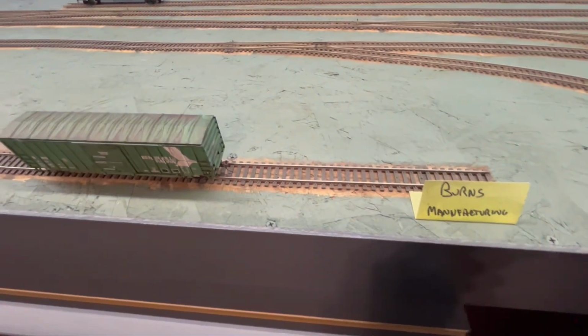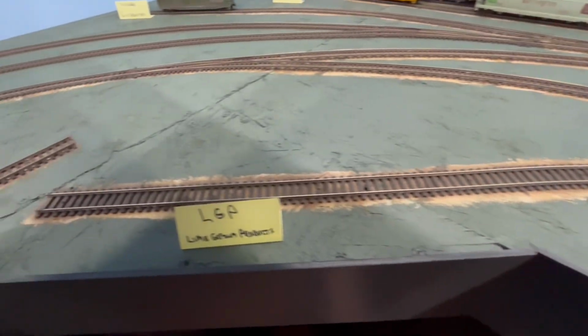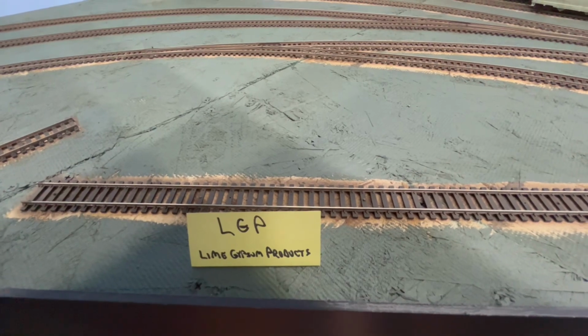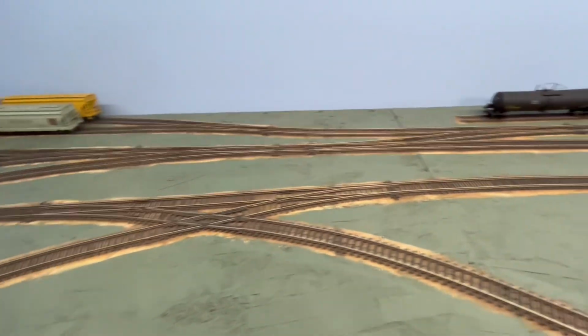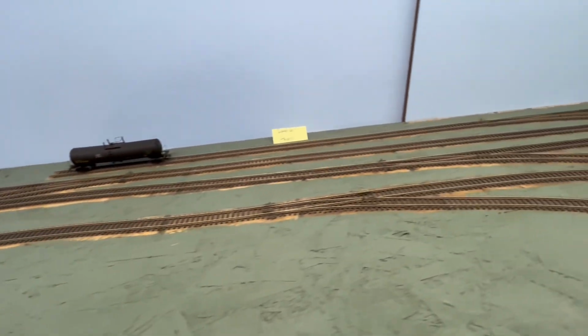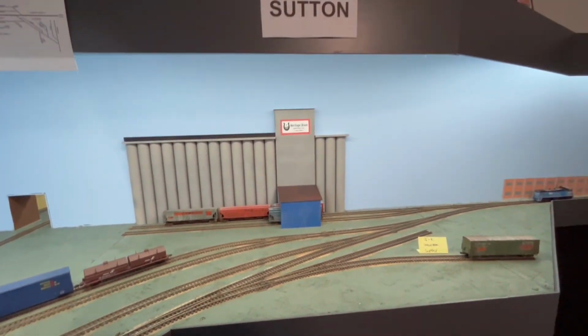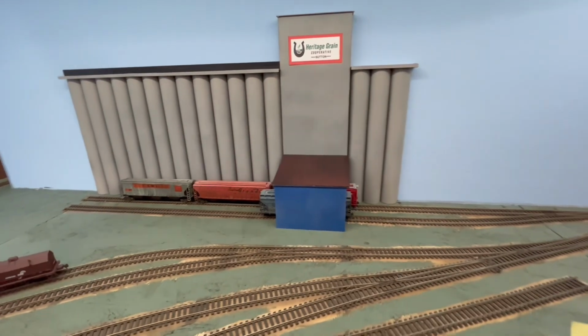We have Burns Manufacturing here, where the green box car is. And then as we proceed just to the left here, we'll have LGP, or Lime Gypsum Products, on a single car spur here. So going forward to the east again, we'll come around the curve. This is the south wall, and we come to the town of Sutton, where we have my large scratch-built